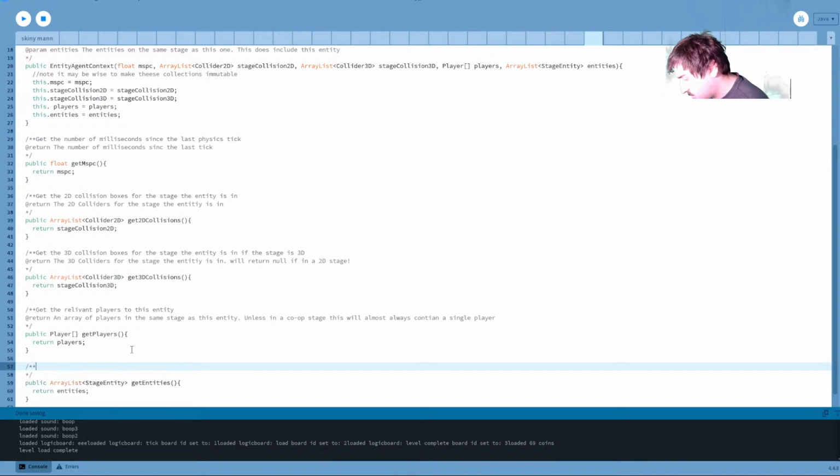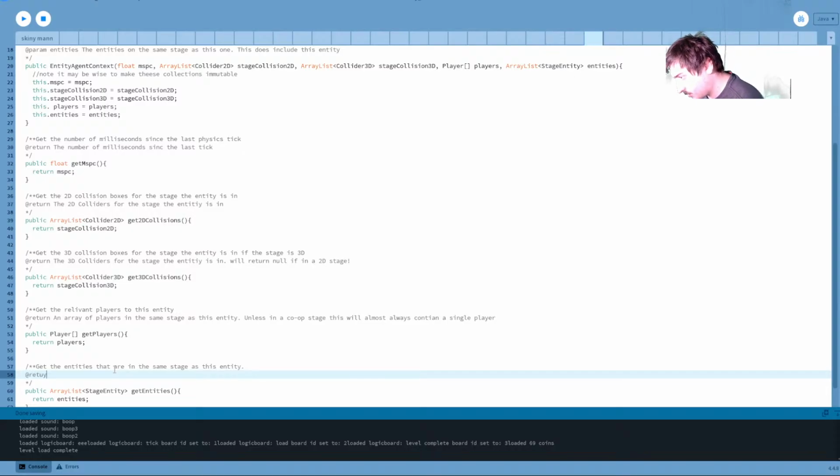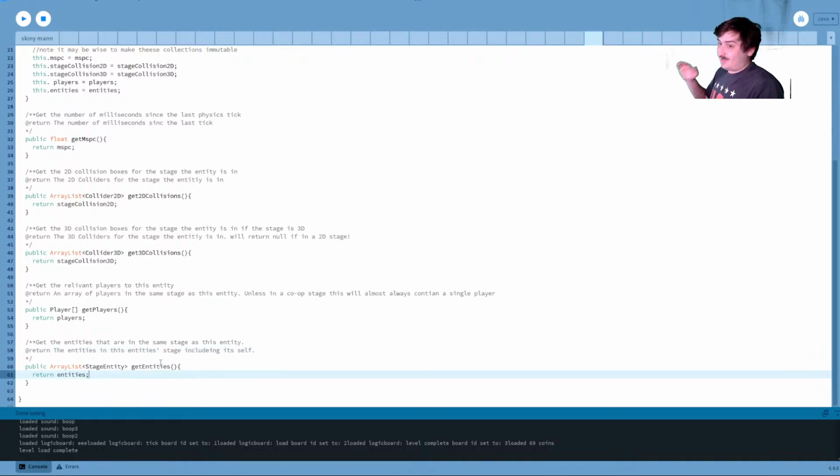And get the keys that are same. Return the entities in this entity's stage, including itself. Just do that. Hopefully that's good.